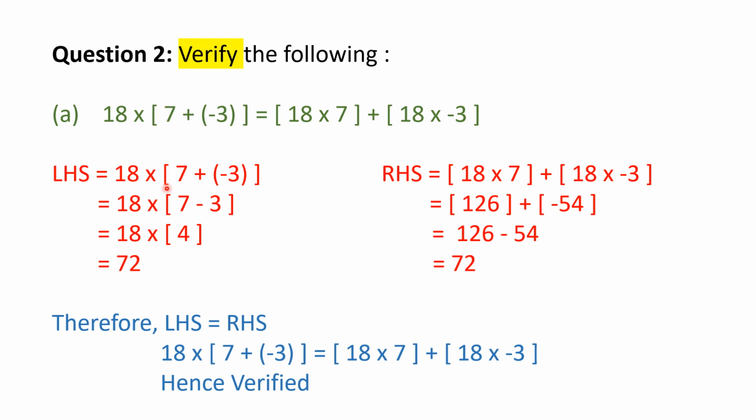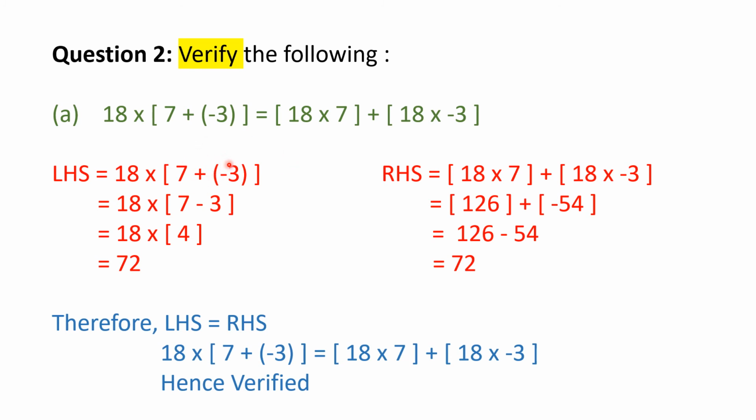I took this side. Whenever I see a bracket, I solve the bracket first. You must be thinking, why is there a square bracket here and why not a curly bracket, why not a curved one, right? That is because we have used the curved one already inside for minus 3. That is the reason why we put this bracket. It does not mean anything. Don't be confused that it's not curly or it's not straight or anything. Any type of brackets will do.